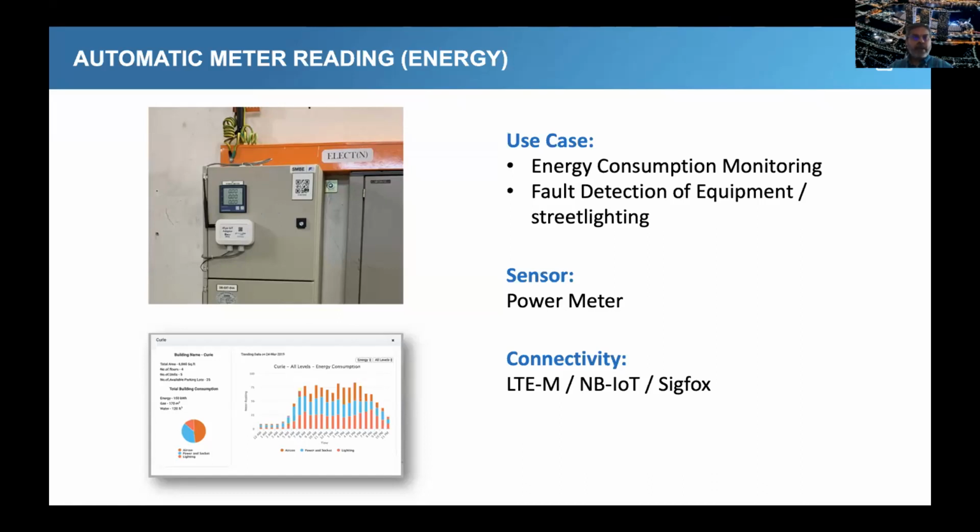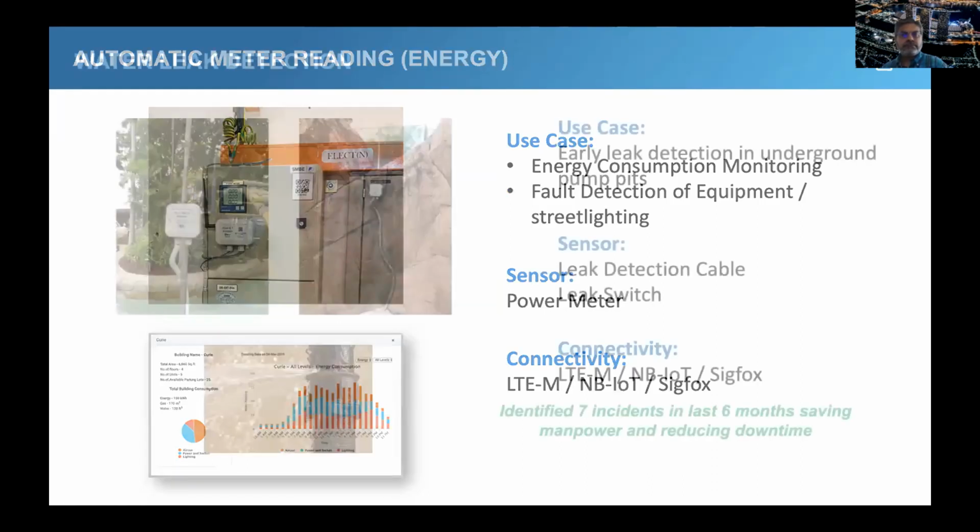So if you have a lot of external lighting and no budget to replace it with smart lighting and want a retrofit solution, especially now when your facilities management teams are cut into half, you won't be going down there. So you need an automated system. So this would work there.